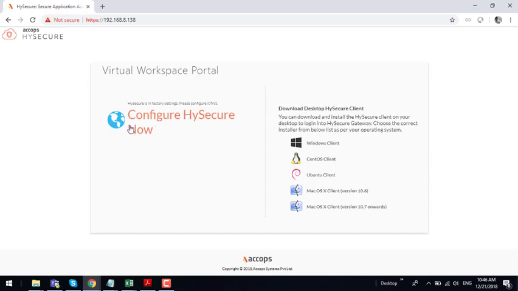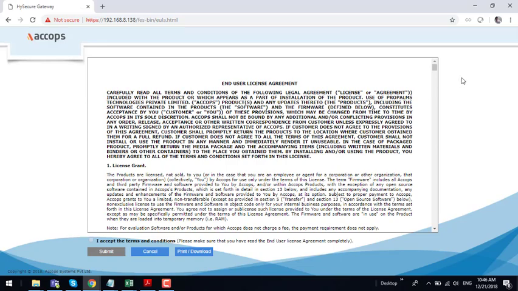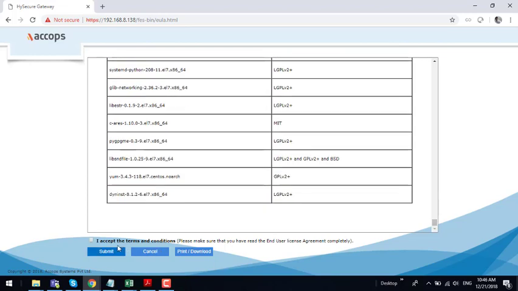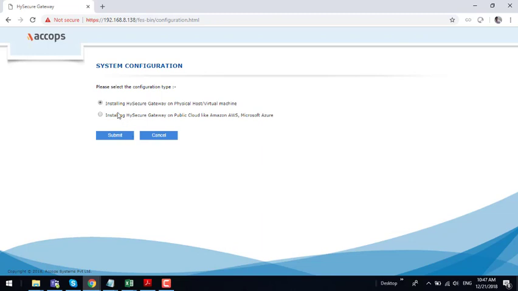Now you will be able to see Configure HySecure Now. Click on Configure Now. You will not be able to click on accept unless you scroll down this option here. You have to select accept the terms and conditions and click on submit. Now you will be able to see the two versions. If you are installing it on a physical server or a Xen virtual machine, you have to select this option, and if you are installing it on the public cloud, you have to select this option. But since we are installing on a virtual machine, I click on the same option and click on the submit